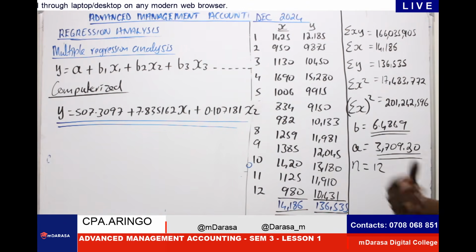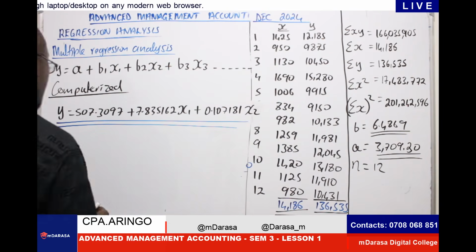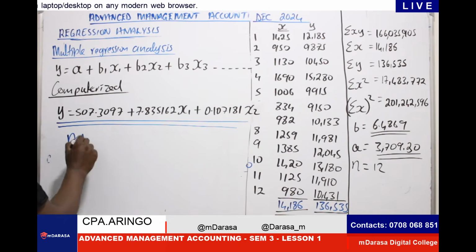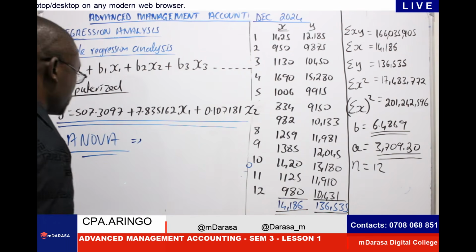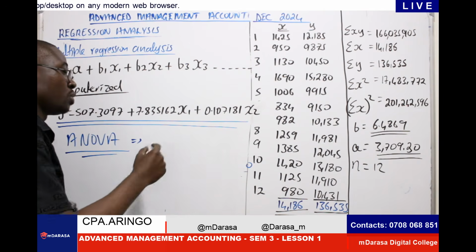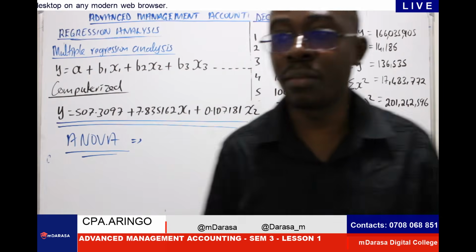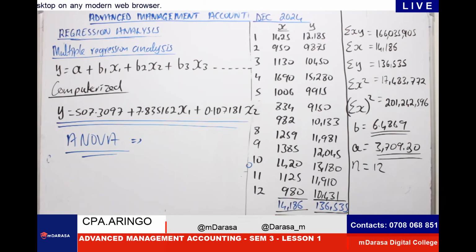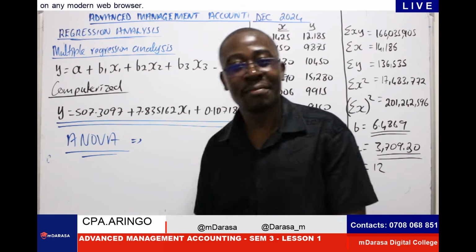Once this has been determined, the next element is simple. We jump into analyzing the concept of ANOVA, analysis of variance, which considers aspects to do with standard error. We'll be looking at all these elements, of course, the coefficient of determination, the aspect of r squared. Because this is our first lesson, I want us to end our class at that point.